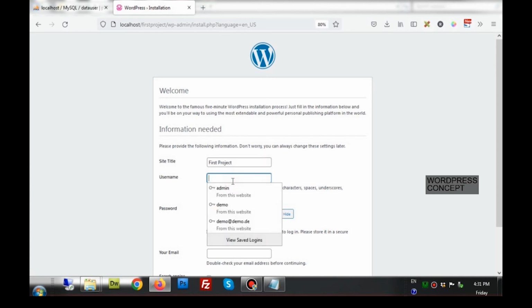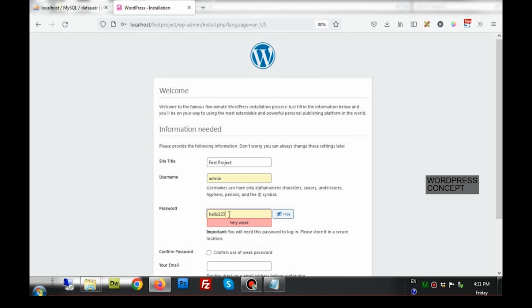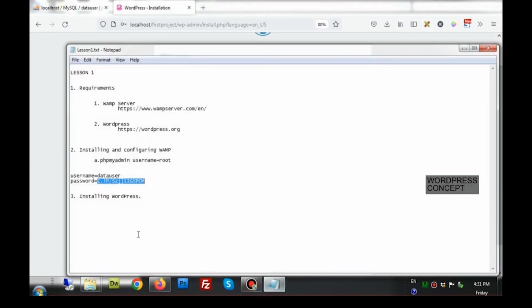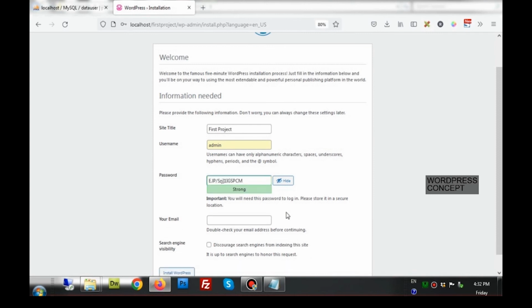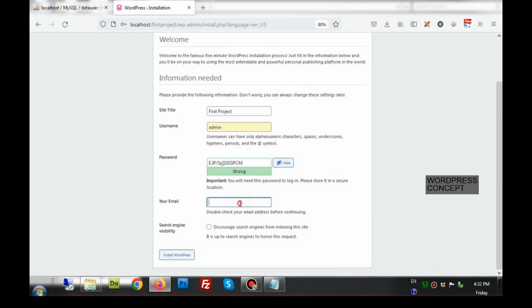Then the user to log in. Normally we give it a different name than admin, because admin is the most frequently used username, and if a hacker tries to hack your site, they always try for the username admin first. But for now I'll give the username admin, and the password can be a simpler one or a complex one, because we have already created a complex password for the database. So I'm using the same password instead of creating a new one. Here I can give the password.